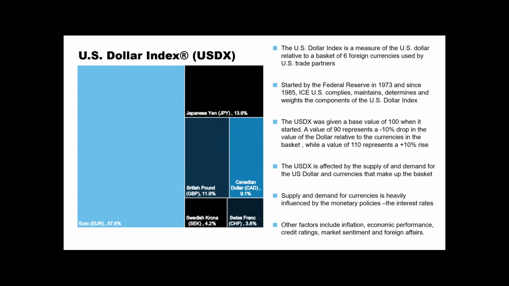If you're unfamiliar with the US dollar index, another more familiar name is the Dixie. The US dollar index is not a new index. It was actually not started by ICE. It was started by the Federal Reserve back in the 70s. Back then, the US dollar was fixed to what they called the gold standard, which is about $35 per ounce of gold. The $1 US was backed by 35 ounces of gold.